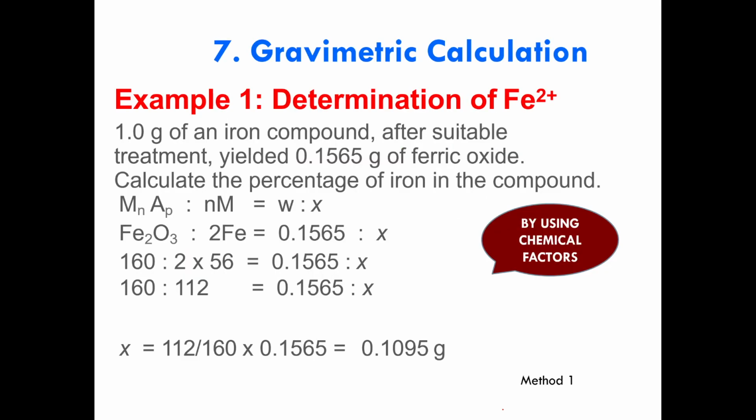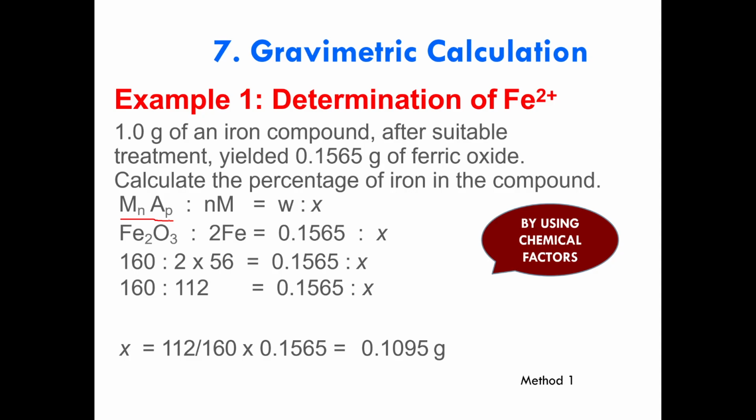So we see the example for gravimetric calculation. The first example, determination of iron(II). 1 gram of iron compound after suitable treatment produces 0.1565 gram of ferric oxide. Calculate the percentage of iron in the compound. First you need to state the ratio formula, because in the first example I explain about the chemical factors. So by using the chemical factor, we put the ratio equation, which is